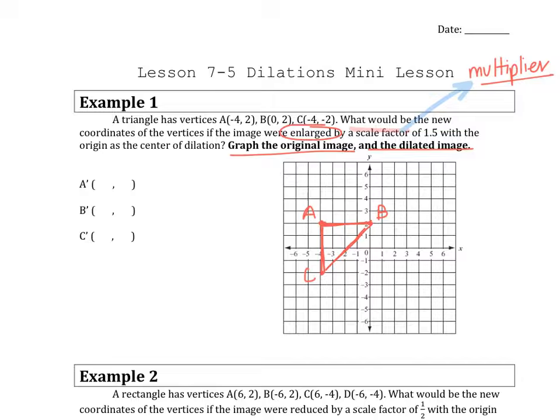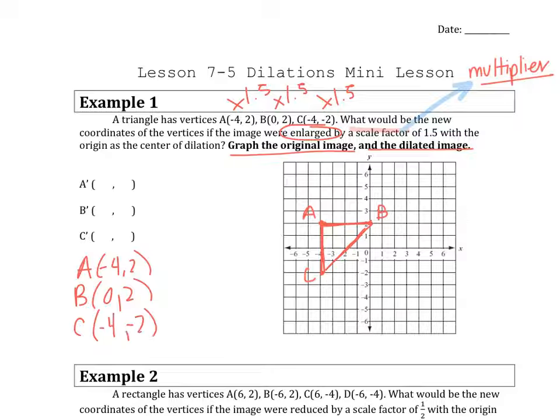Now it says we want to dilate it by a scale factor of 1.5, which means that's the multiplier. Now you can show your work in a number of different ways, and Mrs. Von Block may ask you to do something different. You can just do times 1.5 here if you'd like, or she may have you do, and I may have you do, I may change my mind, -4, 2, B is 0, 2, and C is -4, -2, and you're going to do times 1.5 to each of the coordinates. So if I do -4 times